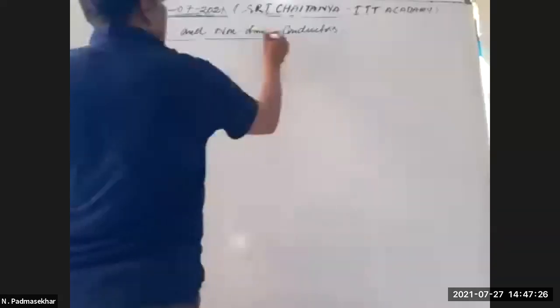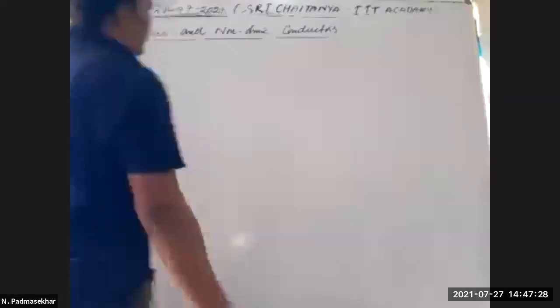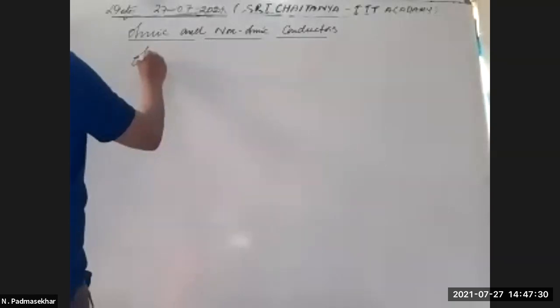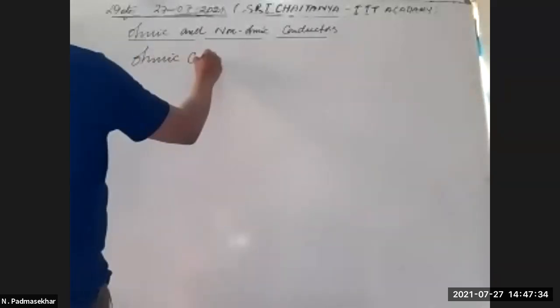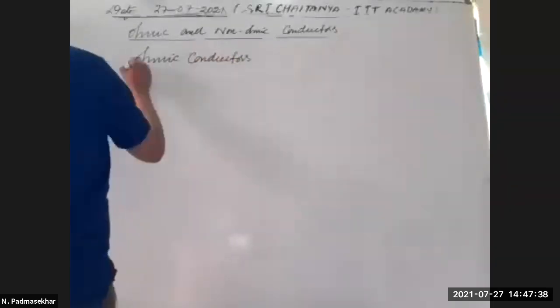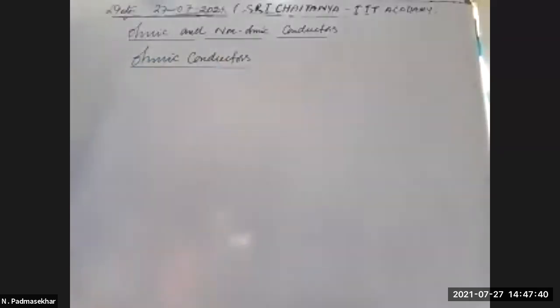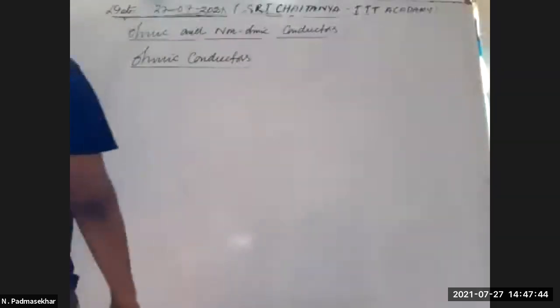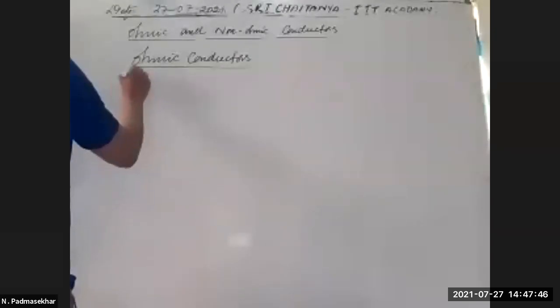So what are ohmic conductors and what are non-ohmic conductors? Ohmic conductors. The substances which obey Ohm's law,